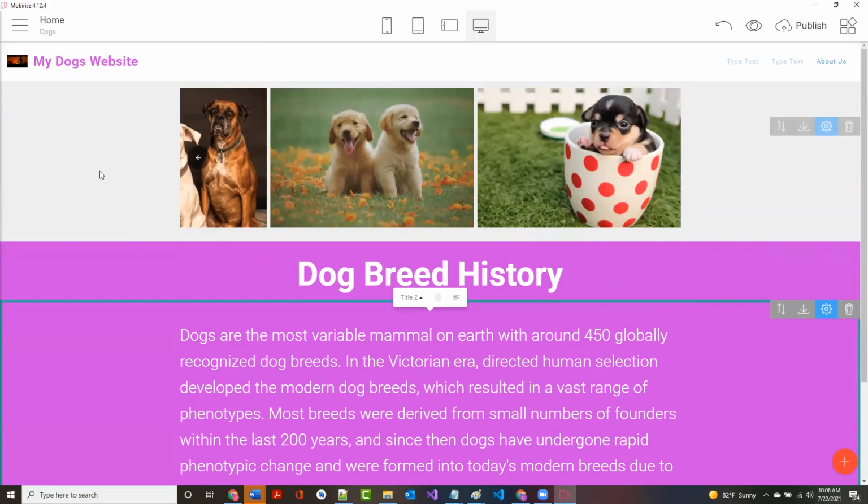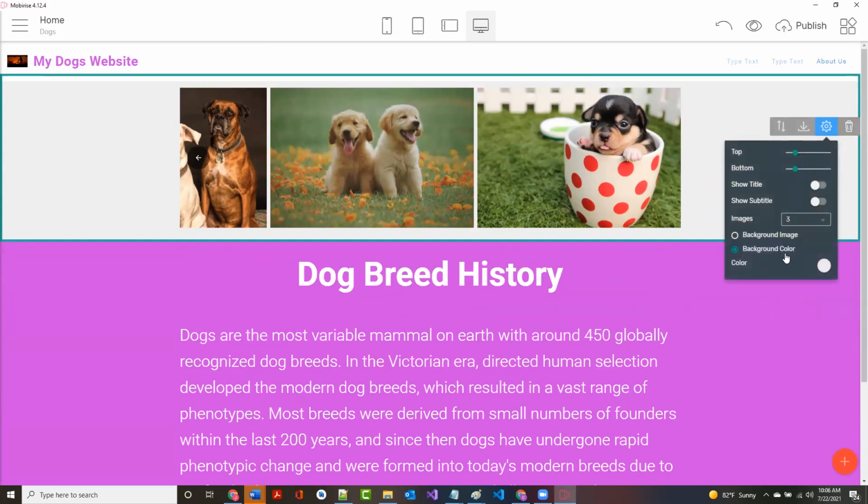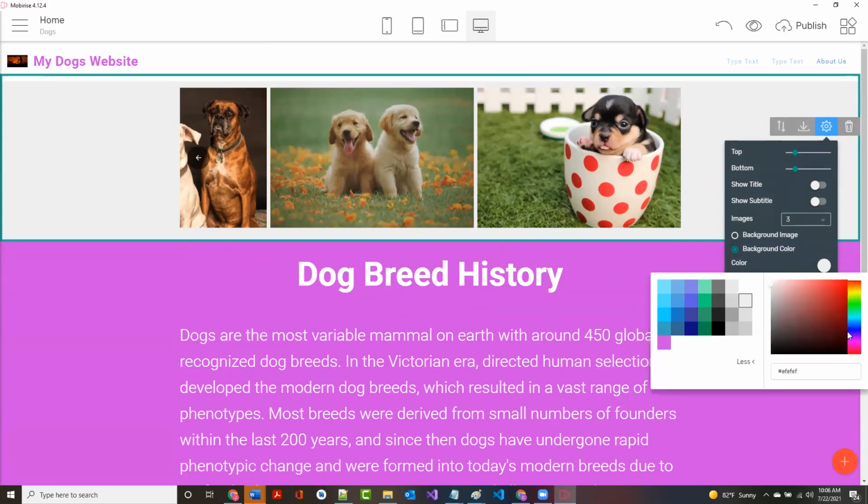On where I've got this right here, where I've got the slideshow, I want to give that a background color too, but I don't want it to be purple because then these two bleed into one another. So again, I'm going to click on here, click on background color. And this time we'll use, I don't know, I'll come over here and I'll find like a yellowish. All right. That probably is going to look pretty bad.